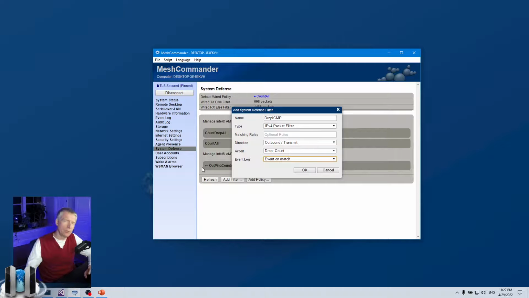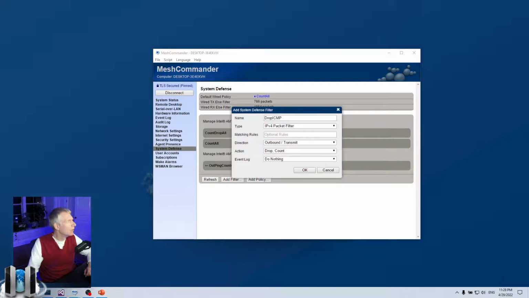So what you could do is put a set of filters that you never expect anybody to match. But as soon as one of those filters matches, then you would get an event to your management console, and you would see, aha, some computer has matched that event. Now, once the event is fired, you'll need to undo and redo the policy to get the event fired again. But that's how that works. Okay, so I want ICMP. Now, the thing is, there's something called matching rules here, and I am going to go into